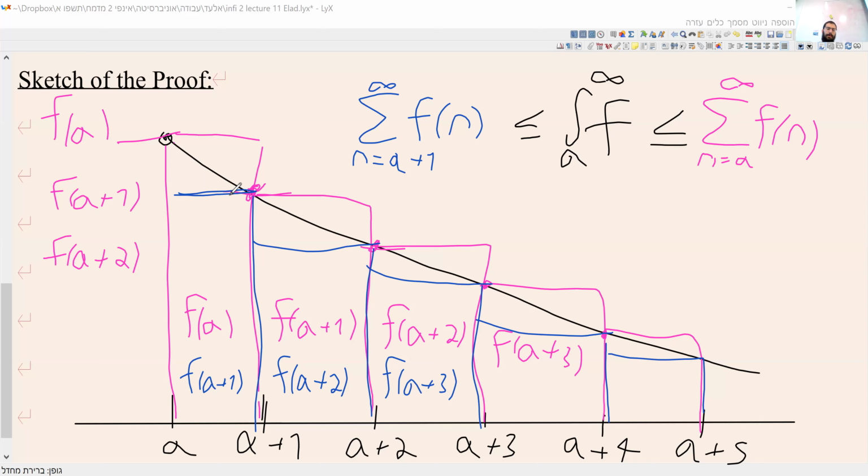One little difference. We start the sum in a different point. And as we know from Infi, and it's not right just about series, but about sequences and all other stuff, if we change a finite number of elements, specifically only one element, here the sum starts with f(a), here it starts with f(a+1), and this is the only difference. Both the sums, the pink and the blue one, either converge or are divergent. If one converges, the other is convergent as well, and vice versa. So intuitively speaking,